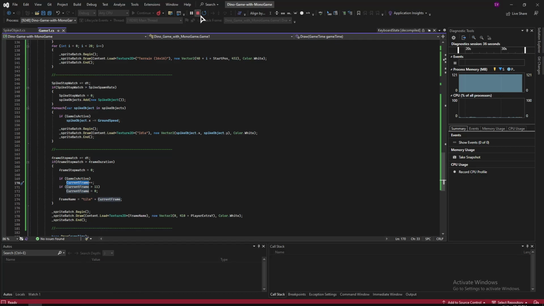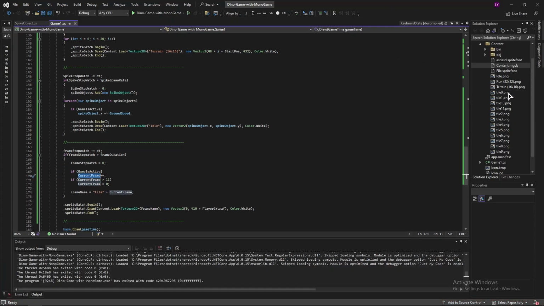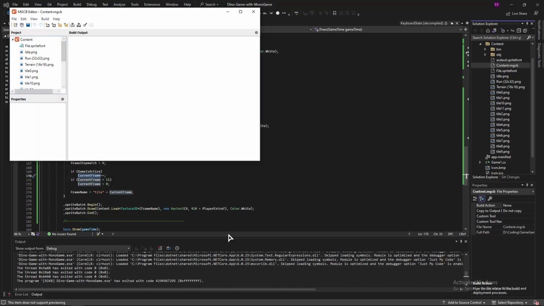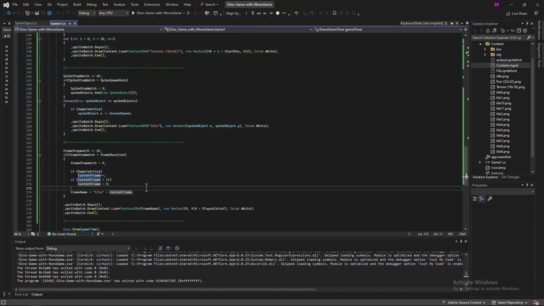And since, wait, let me show you. Since the names are like this, from tile 0 to 11, by the way, these are also in content.mgcb here, from tile 0 to 11. Yeah, we change this string, and then